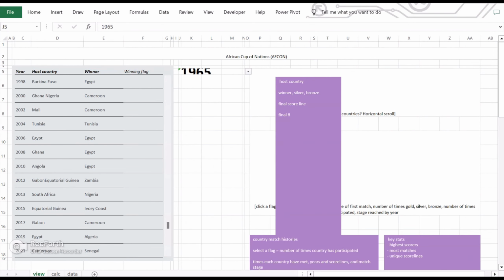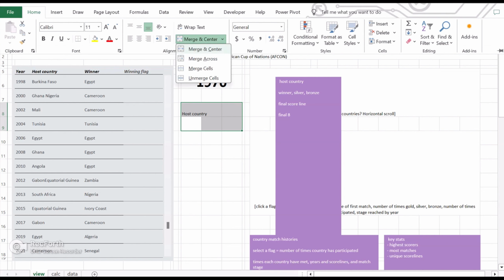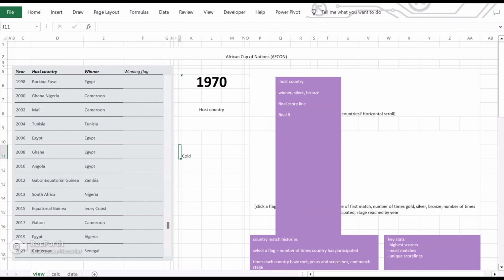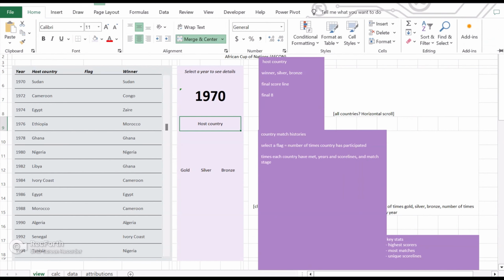So I'm now moving over to the second section that allows you to select a year, and then you see the details of the year. You see the host country, you see the winning country, and then you see first, second and third place. And I'm doing all of that, well,